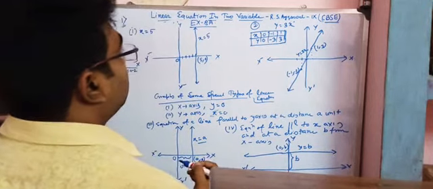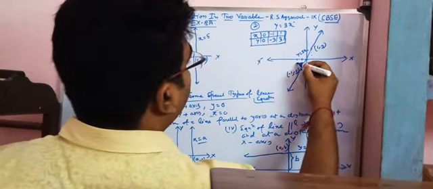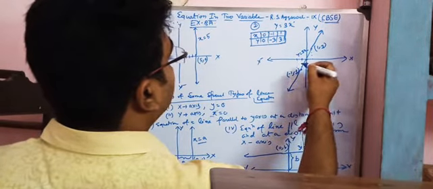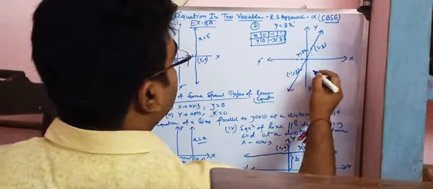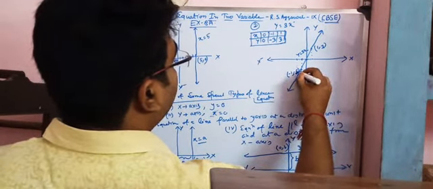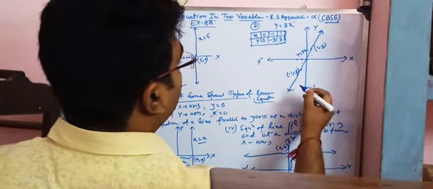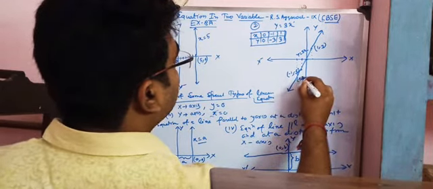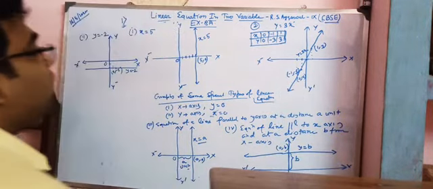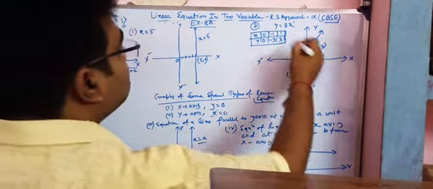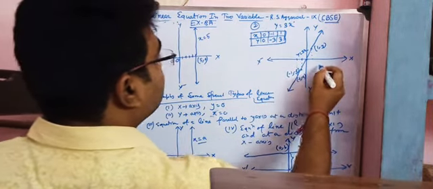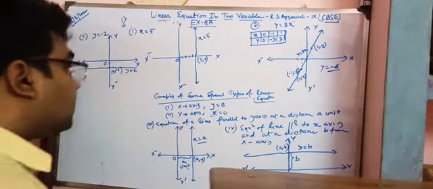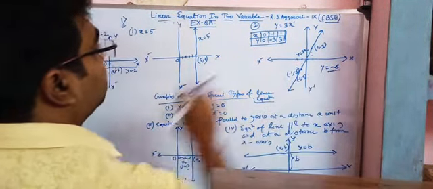So what should be my value? If we go through this point 1, 2, 3, 4, 5 and this is 6. Okay, so for this, 6, this point comes. So this is minus 2 comma minus 6. So for the value of minus 2 of x, we are getting the value of y is equal to minus 6. From the graph we are getting y is equal to minus 6.